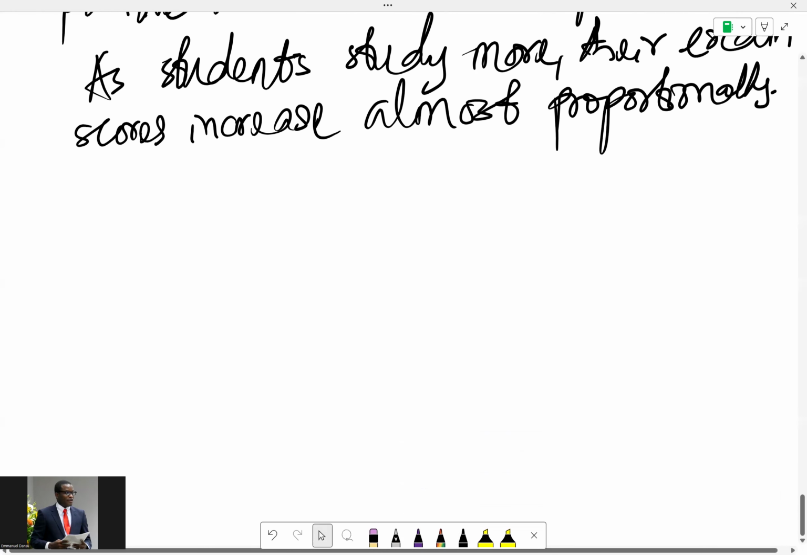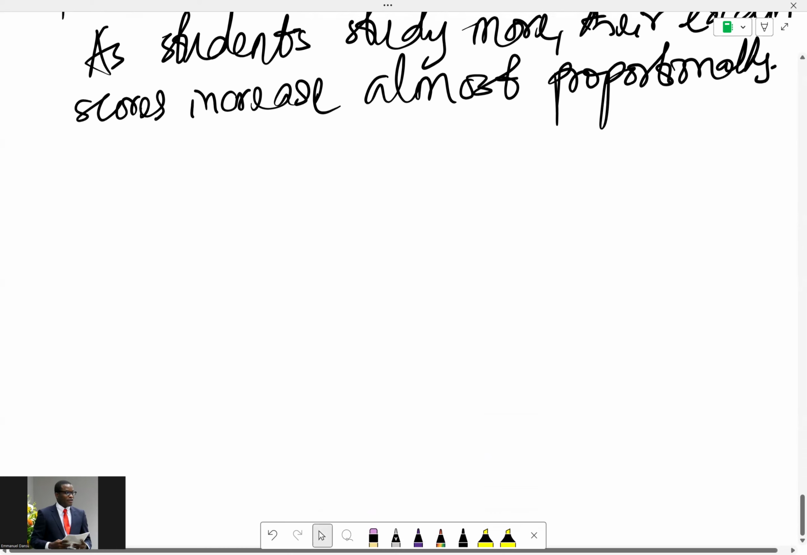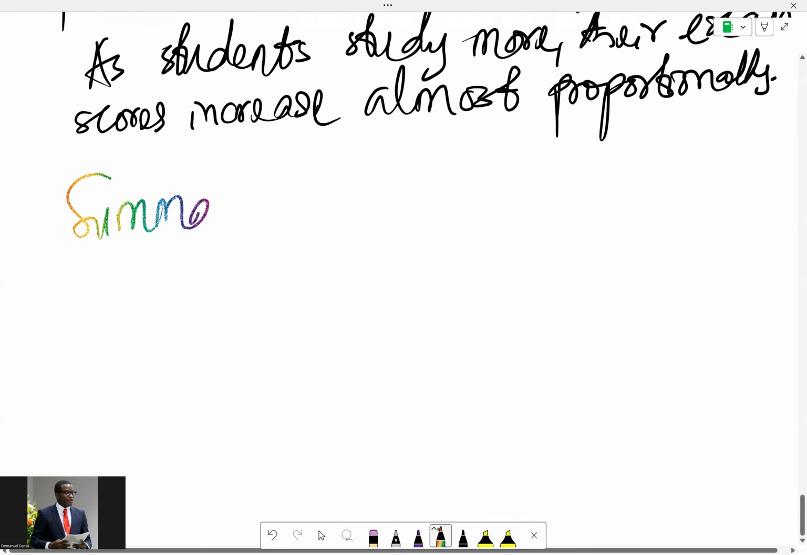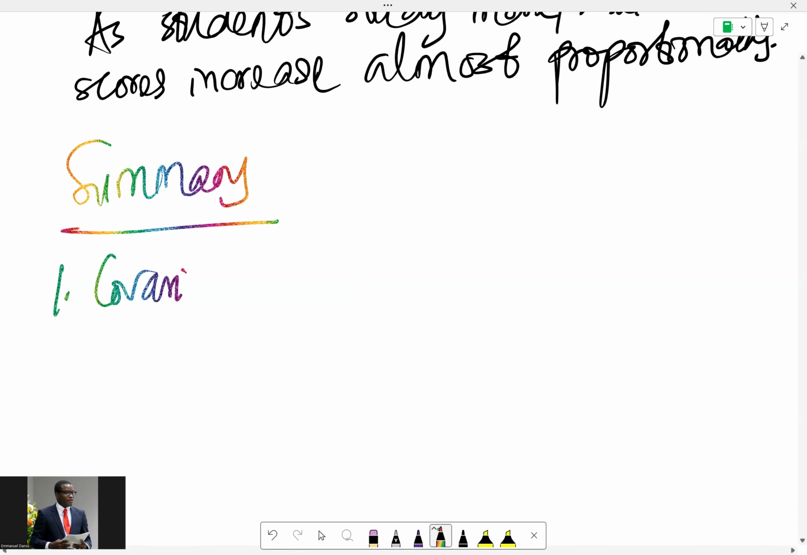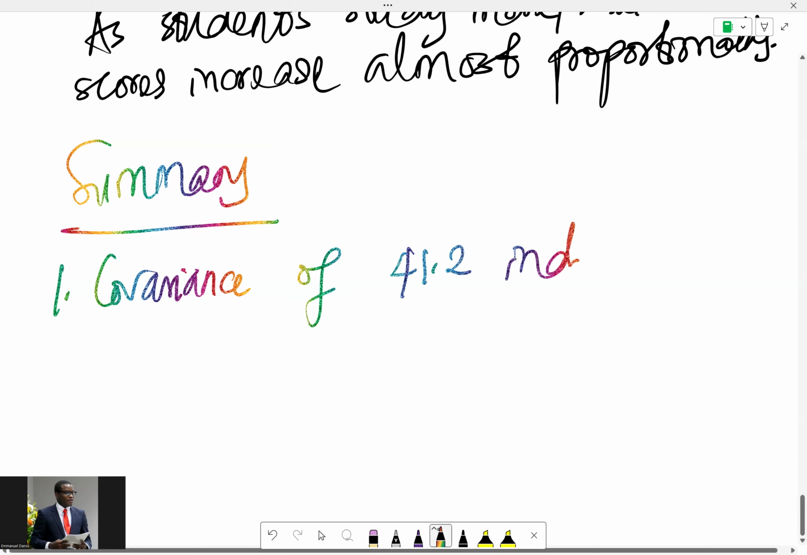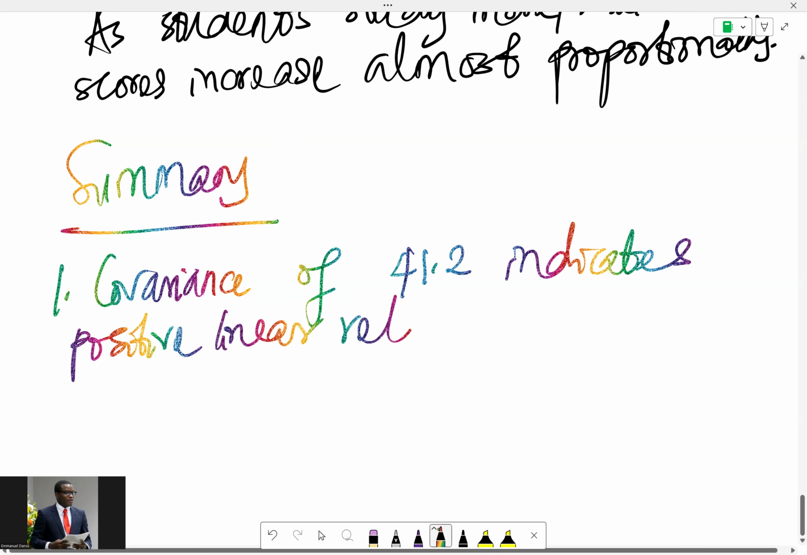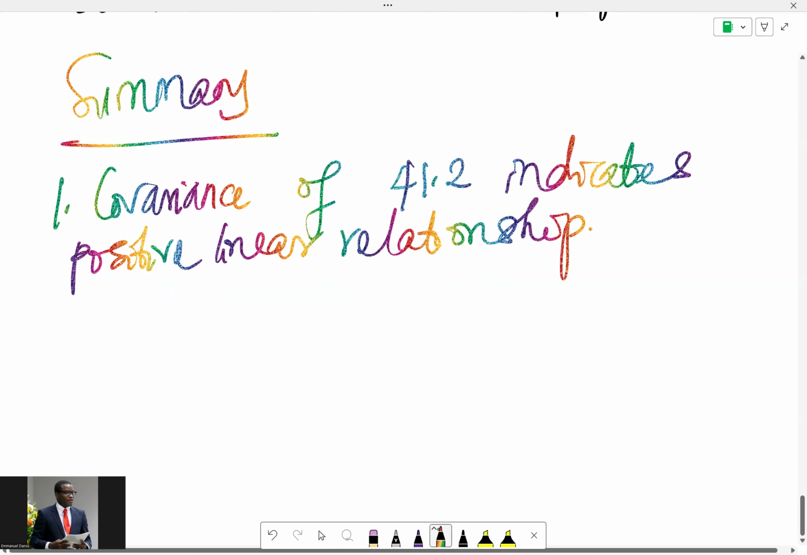Okay. So in summary, what we've been doing so far: one, covariance of 41.2 indicates positive linear relationship. It shows positive linear relationship. So it means they either increase together or decrease together. Okay. Then two, correlation of